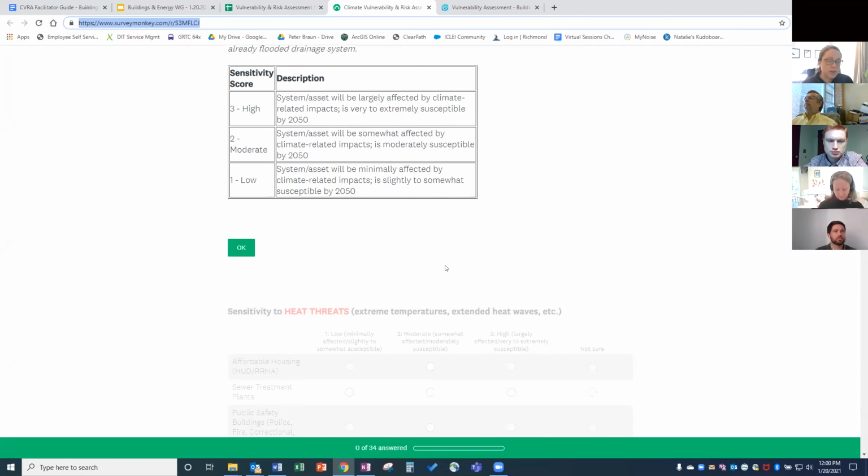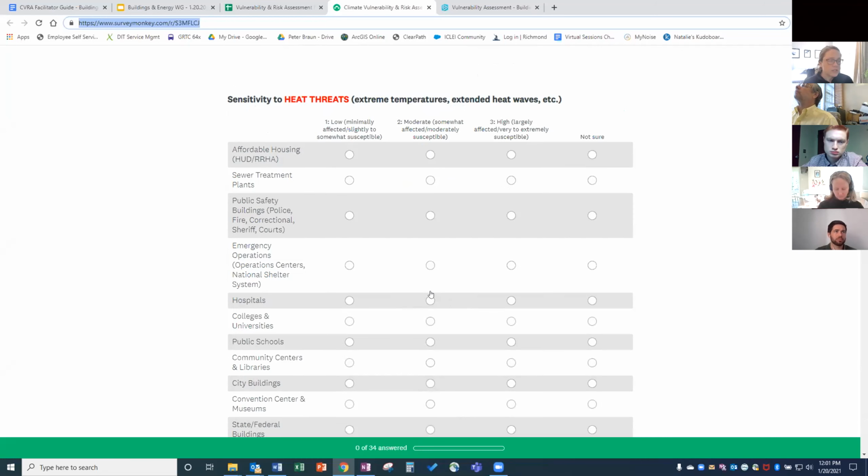And then what we're going to be doing right now is walking through scoring for each type of asset and how we think it might be impacted by, first we'll talk about heat. So jumping right in, and you all feel free to chime in with questions. I'm trying to keep the chat open. But with heat, the reason we separated the two types of threats is because obviously they impact assets really differently. With heat, we are not going to be experiencing, most likely, at least for the next century,